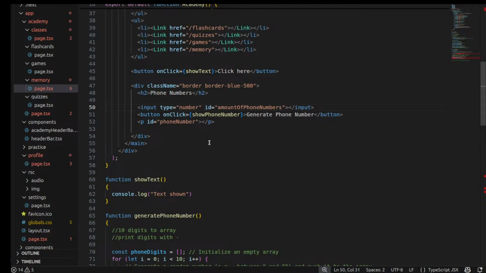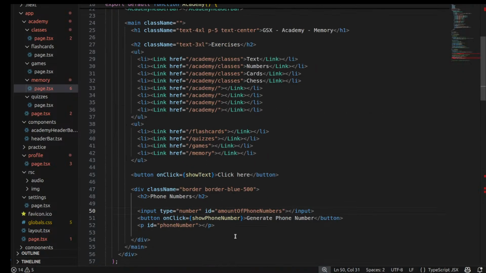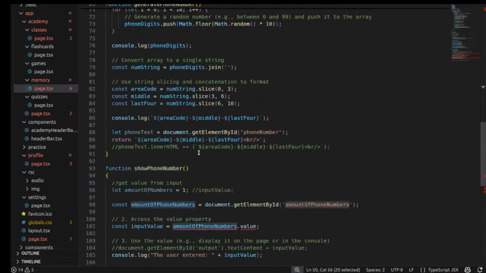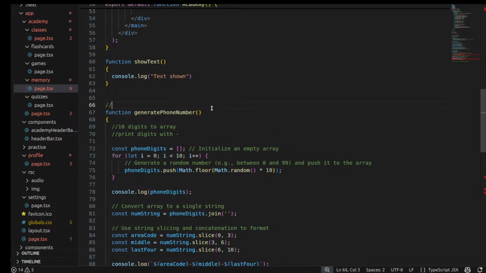So here's my phone number. Generate phone number. So this will just,